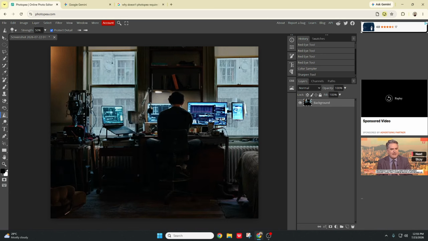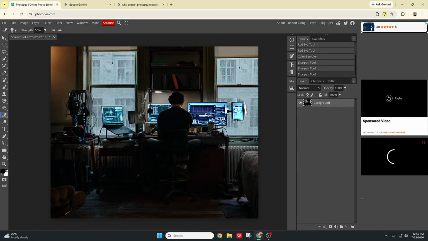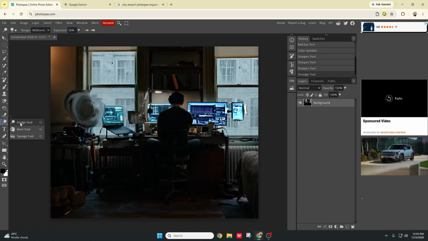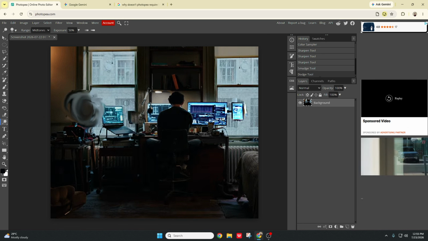I don't think Photoshop has that feature, but it's really cool. And then we have the smudge tool. It will just make it like a sloppy thing within your screen. And then we have the dodge tool. I think if you